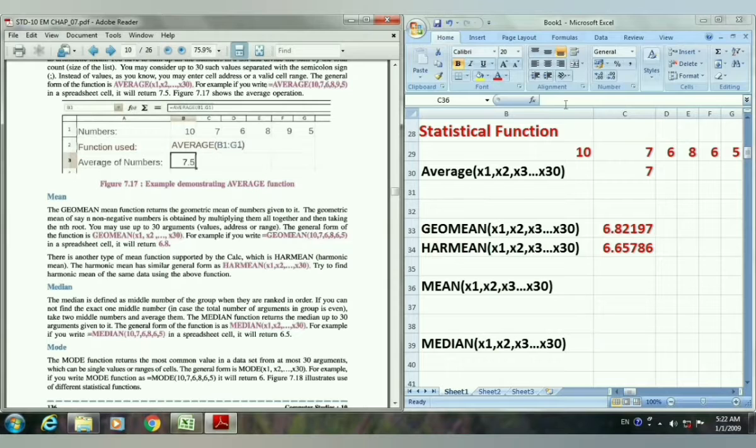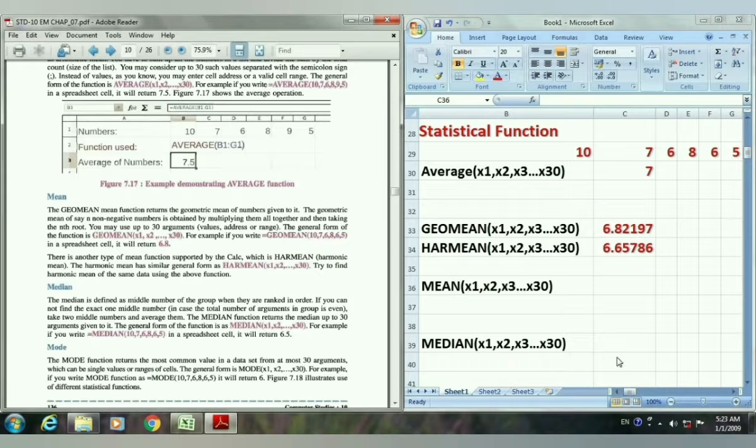So if an exact middle value is not there, it will first find the total of these two, and then divide it by 2, and that gives the median value. Now we will find the median value for the same range.